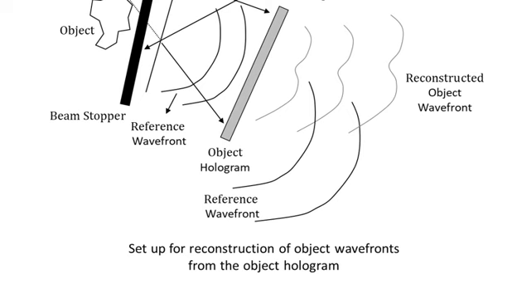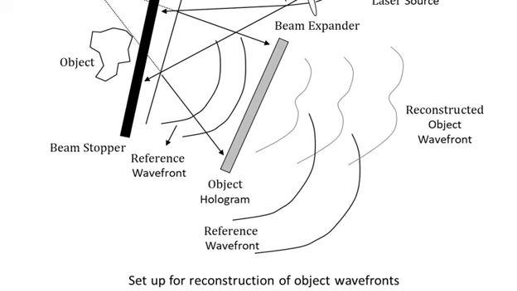And then you know that there are other reconstructed object wavefronts, which we have shown with the diffuse light, and you know that these are the reconstructed hologram. It appears that these reconstructed object wavefronts are coming from the object as if the object is originally placed over there. So if you place your eye in the path of the reconstructed object wavefront,